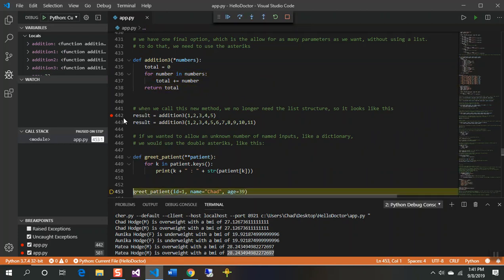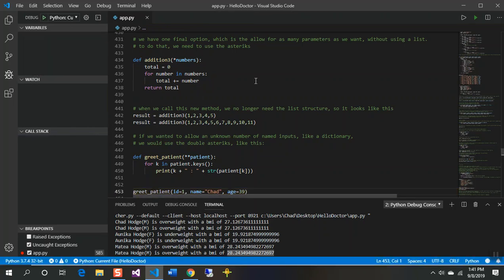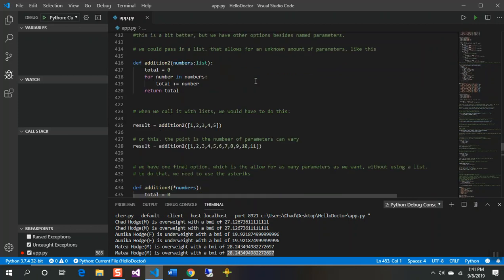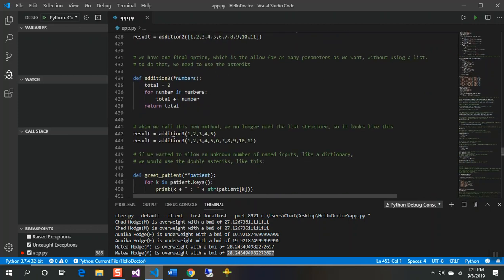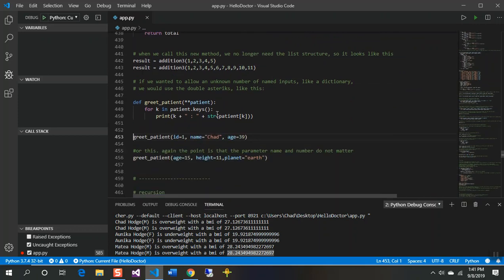So it's slightly cleaner, and this is the Python preferred way of doing it. I personally like the lists, just because that's what I'm used to doing. But you can do it this way. Okay, so you have a couple of options. And then there's one final option that we can do. And again, this whole problem we're trying to solve is how to send an arbitrary number of parameters into a